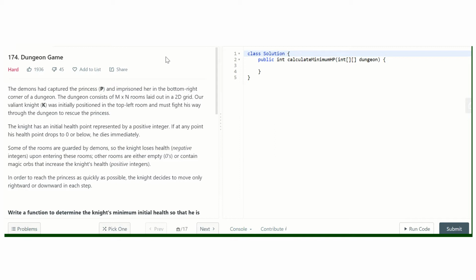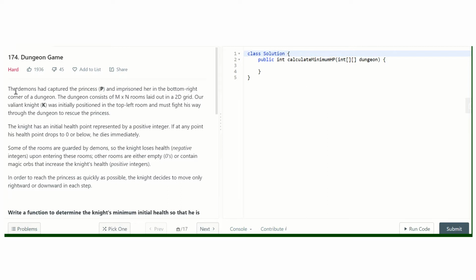Negative means when you step onto a particular cell, if the points on that cell are negative, then you lose that amount of points. And if you step on a positive cell, then you gain that amount of points. So this is the classical example of those kinds of problems. Let us see what this problem is saying.